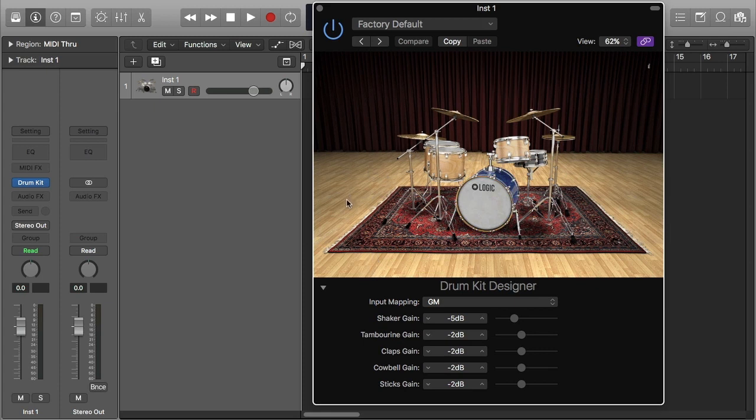Like a studio or whatever scenario, in a theater or whatever. That's not that important, but you can control some room parameters. It's not going to change really the graphical representation of it, but what the drum kit designer lets you do,